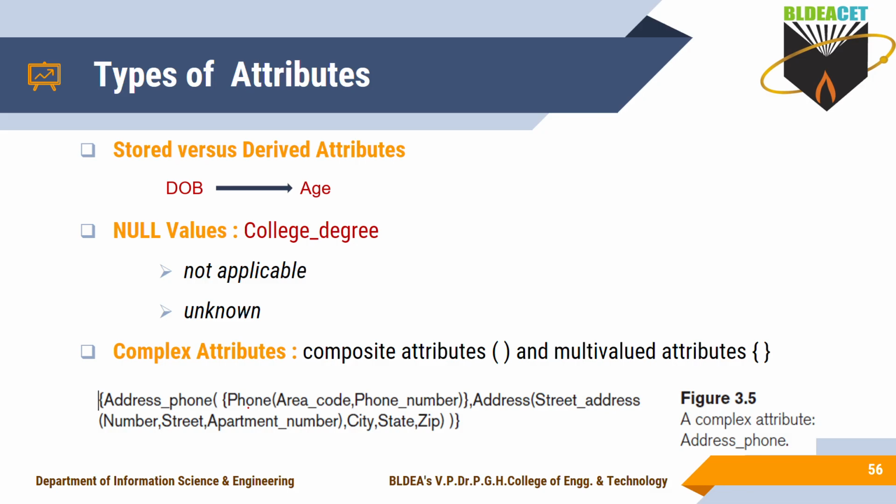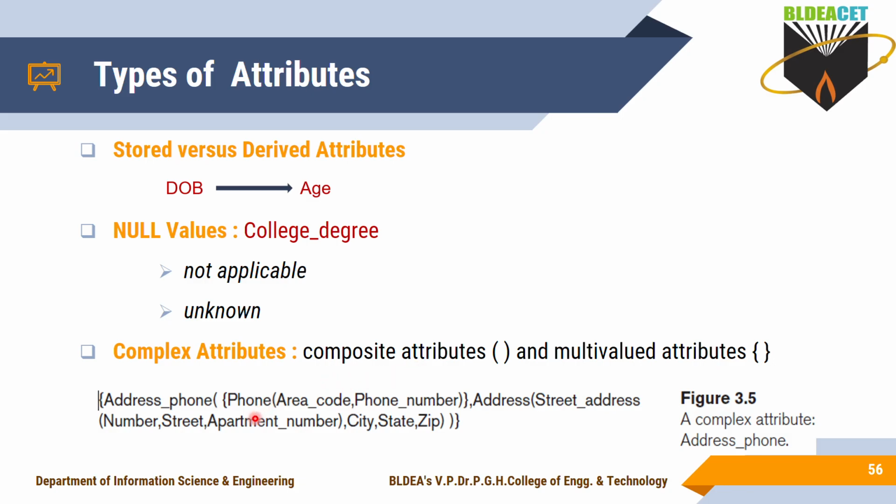Yes, it is having. Okay, if you are having dual SIM, then if I ask for the mobile number, for your friends you give some number and for personal work you will give some other number. Multiple phone numbers you may have. So for the same phone attribute you may have multiple values. So it is an example of a multi-valued attribute. More than one phone number that any one person may have, that's why it is multi-valued, and phone number is further divided into area code and phone number, so phone number is a composite attribute.